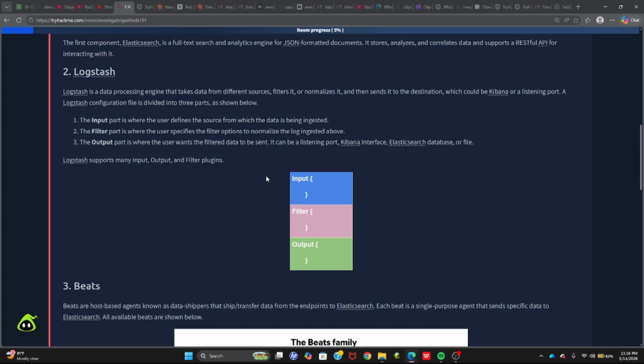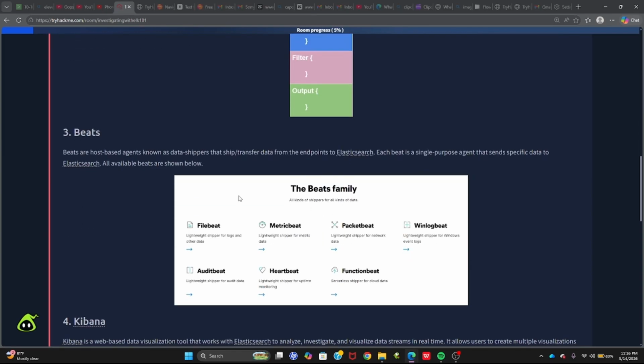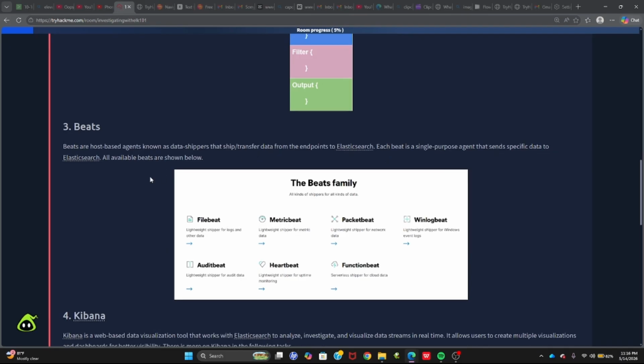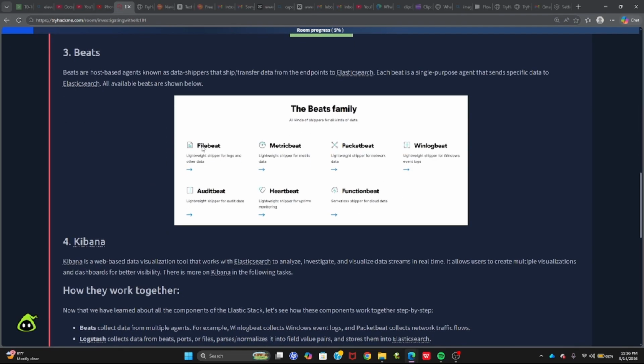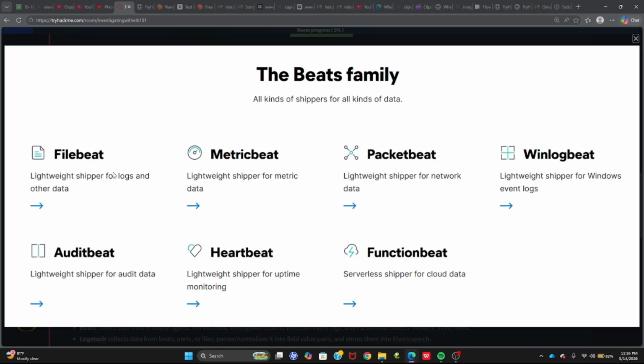Beats. Beats are host-based agents known as data shippers that ship data from the endpoints to Elasticsearch. Each beat is a single-purpose agent that sends specific data to Elasticsearch. All available beats are shown below. So we have Filebeat, a lightweight shipper for logs and other data; Metricbeat, for metric data; Packetbeat, for network data; Winlogbeat, for Windows event logs, so that's for Windows; Auditbeat, for audit data;